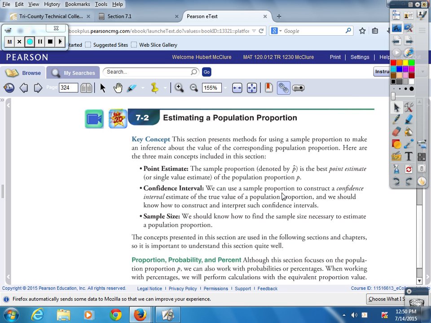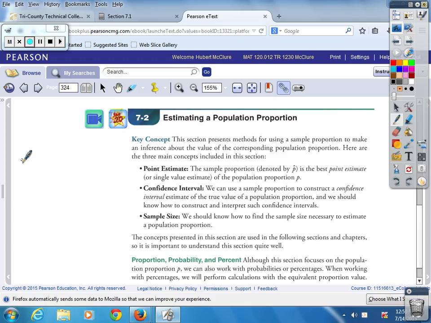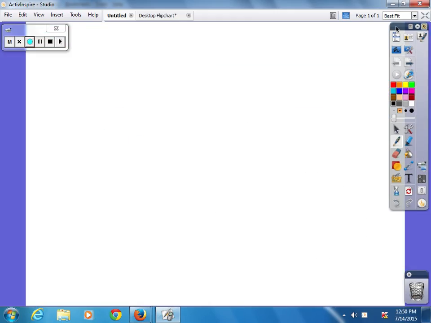Estimating a population proportion. Now, let me talk about the three different ways you're going to see proportions or probability given in this section. And let me reiterate what we're doing in this section, because it's very easy to get confused. You're basically going to be dealing with a confidence interval, a confidence level,